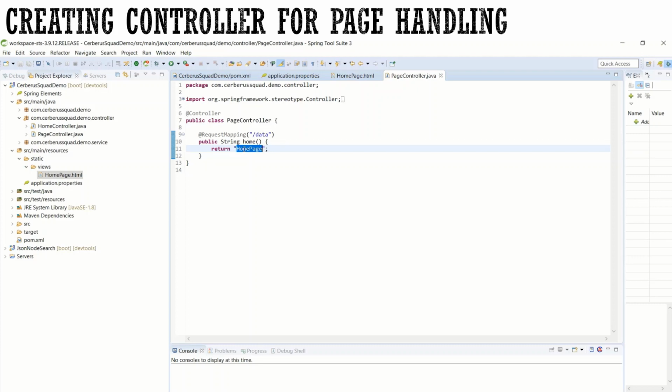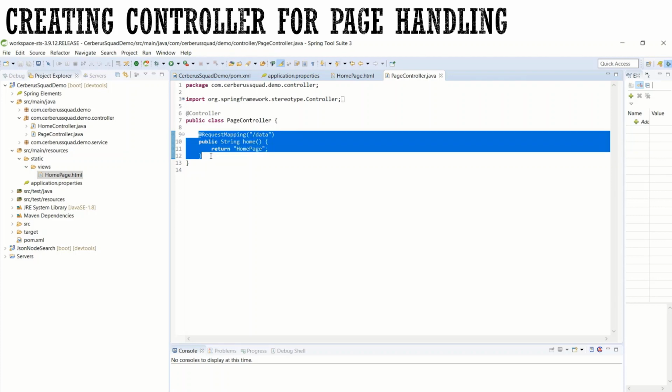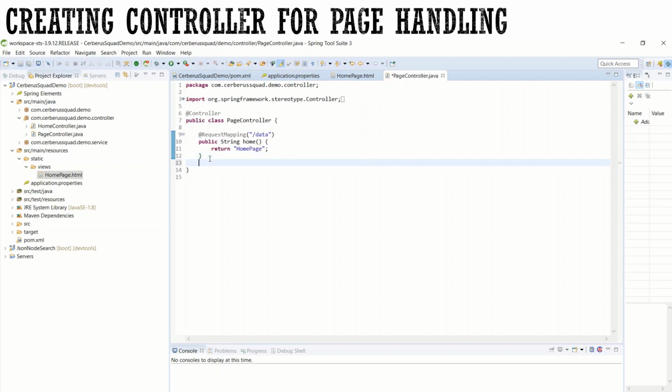Clear? That is the only thing that we need to add in the controller. If you are having one more HTML page, just copy this, paste this, change the URL to fetch, change this one to home fetch, and change this to any page, home or something. Currently we only have one HTML template, so we don't need to add that. So just save this.